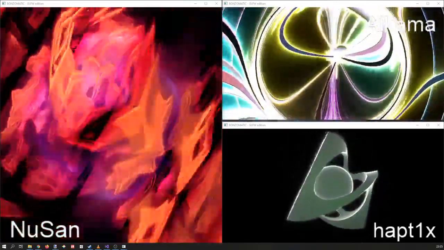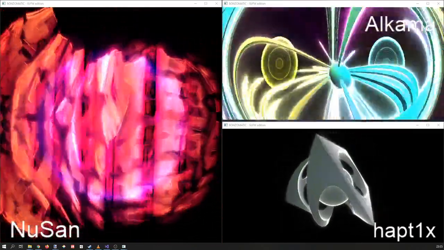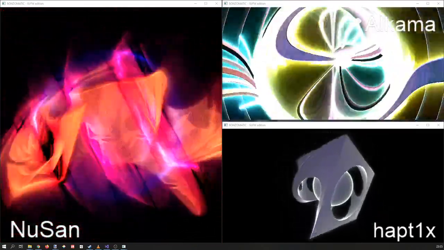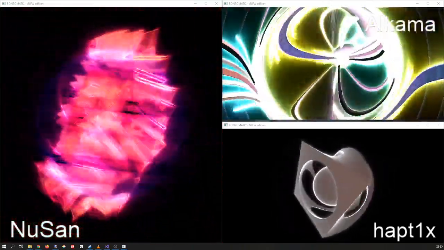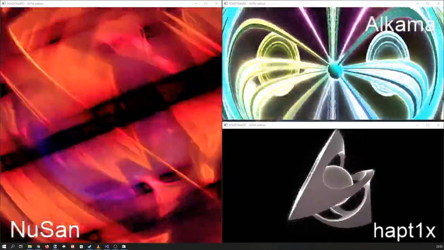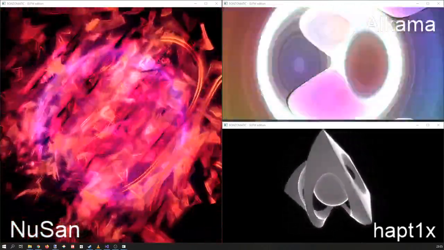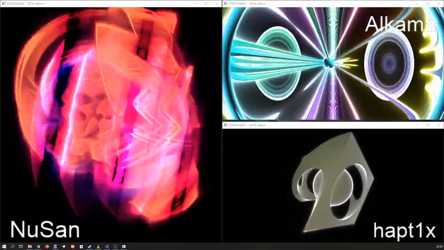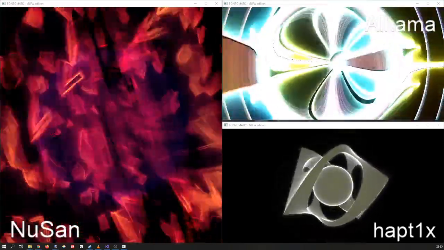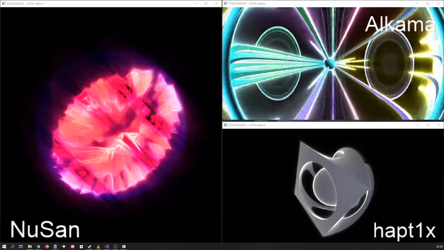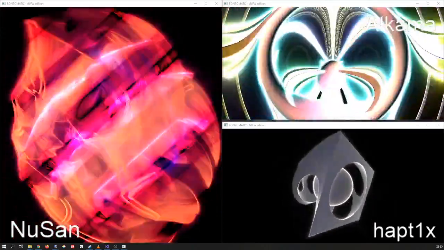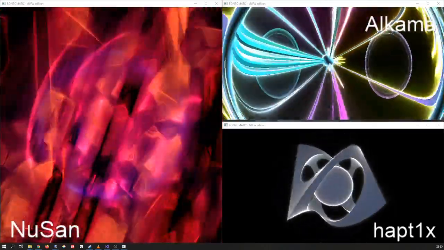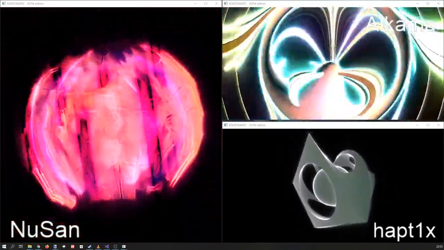Yeah, for now I only worked on the Windows executable. I'm not really good at Linux and Mac stuff, but the source code is... Oh, you mean the server? Yeah. Right now the server we are using is the one from Alkama, so it's him that coded it, and it's a Go server, and there is the